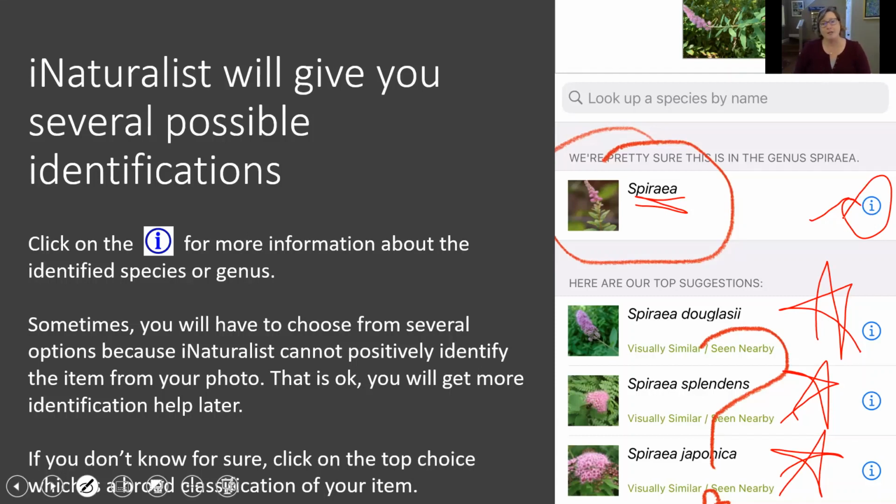Okay. So what I'm going to do is go ahead and click on this Spiraea up here, which is the genus, the broader selection. And that's great. So I know that it's a Spiraea. But if I want to know what specific kind it is, what I'm going to do is send it out to all the other naturalists in the area, and they're going to look at it and tell me their best guess. So the computer's going to look at it first, then I'm going to send it out to everybody else who uses iNaturalist, and then they're going to give me their best guesses. And then I can click agree or disagree with them. So I'm going to click on Spiraea and select that, and it's going to throw me back into